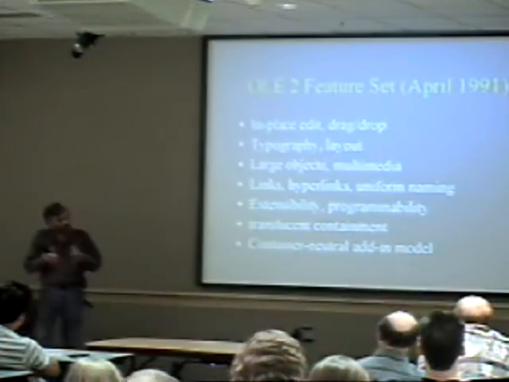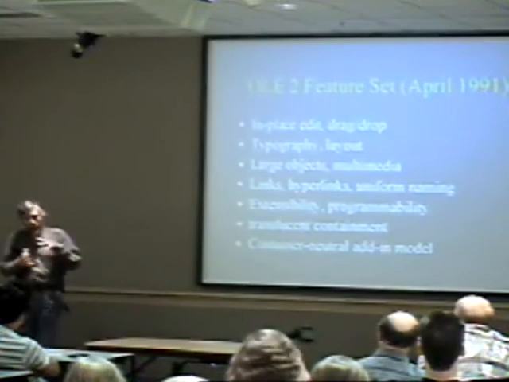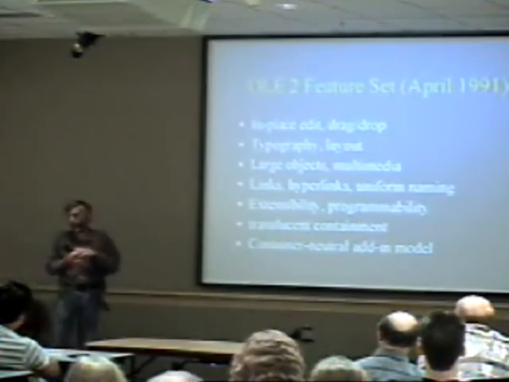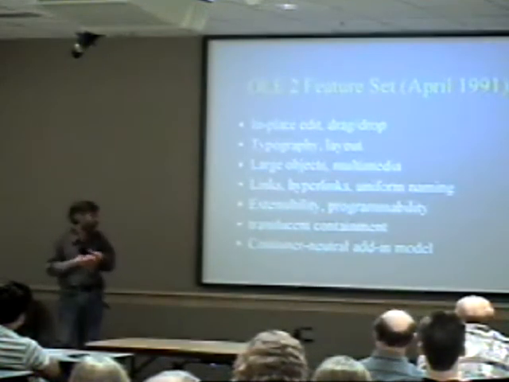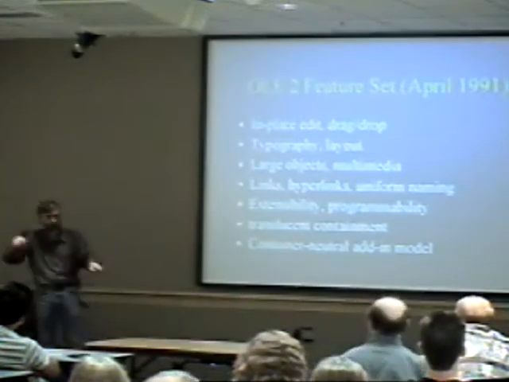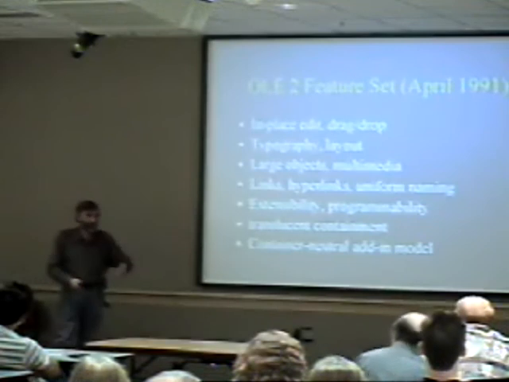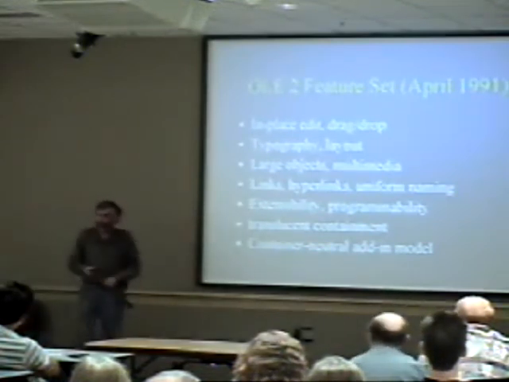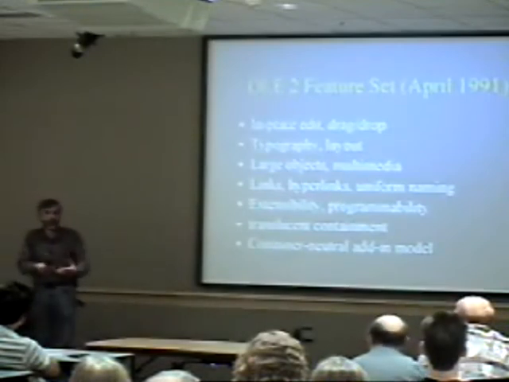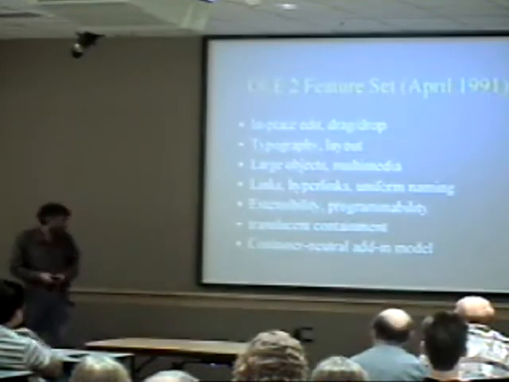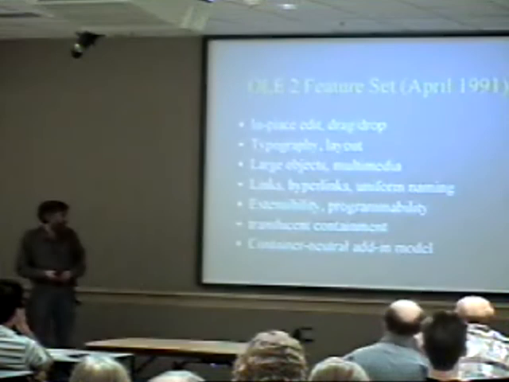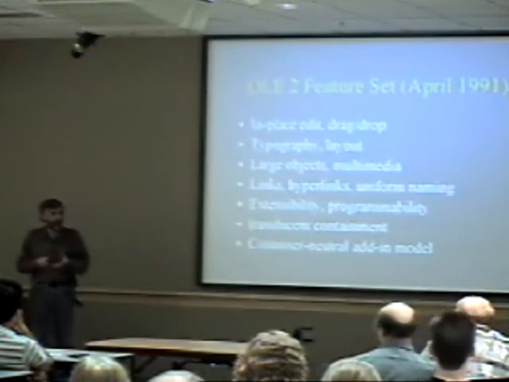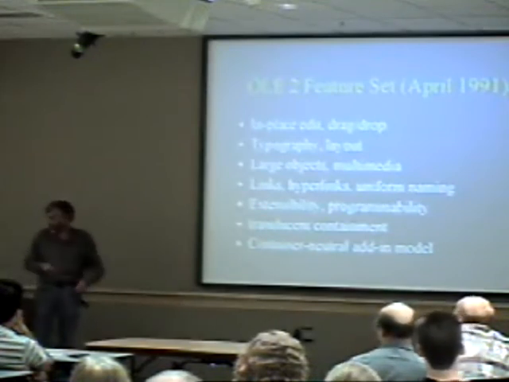Also trying to soften the hard boundary between the object and the container so that richer information can be exchanged. Can we do non-rectangular layout? Can we flow text around funny shaped objects? Can we take footnotes out of the embedding and stick them at the bottom of the page? Lots of stuff like that I characterize as translucent containment. It says I know a lot about this thing, but not all about this thing. And I was coming to the realization that what we were busy defining was some kind of add-in model that's independent of what the add-in is and what the container is.